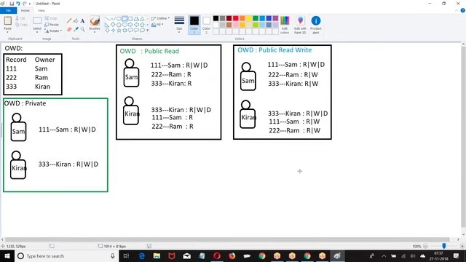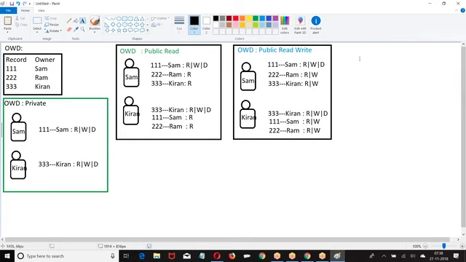Right. So when I say private, only the owner can see their records. When I say public read, everyone can see everyone's record. On others' data, they can only perform read operation. When I say public read write, everyone can see everyone's data. On others' records, they can perform read and write.